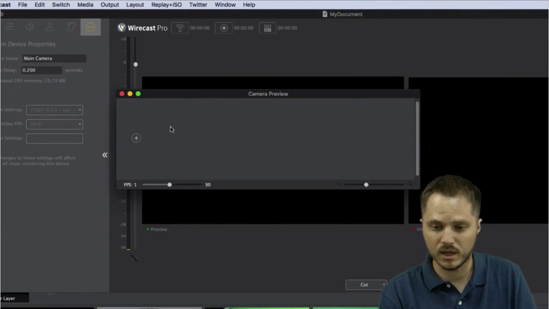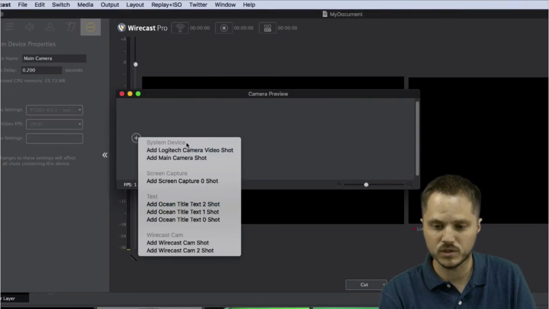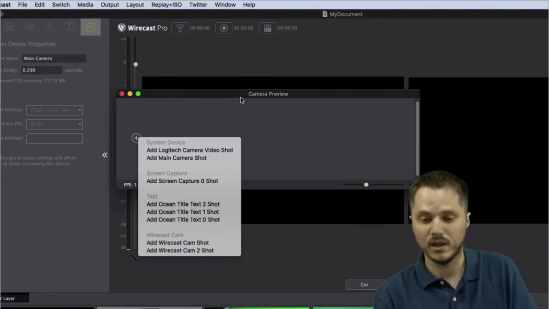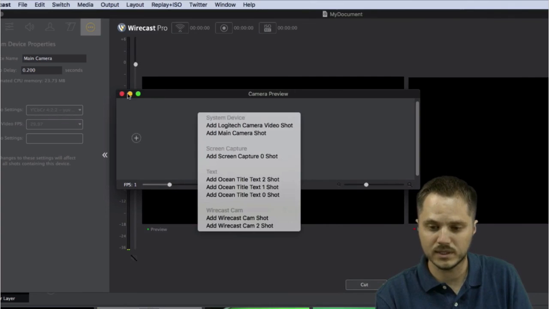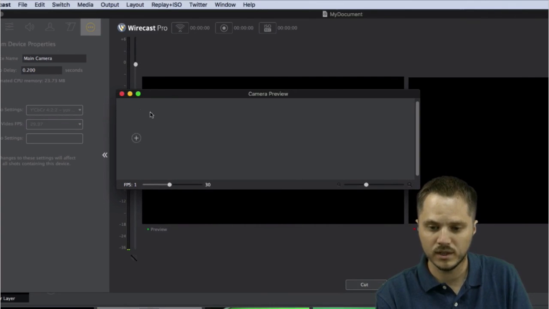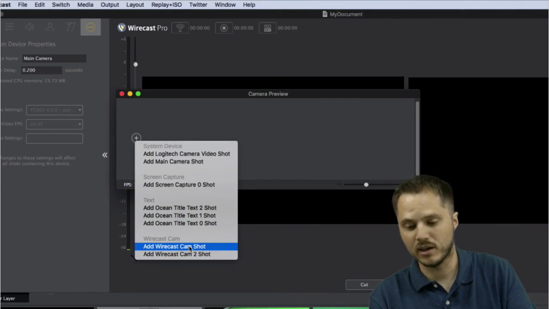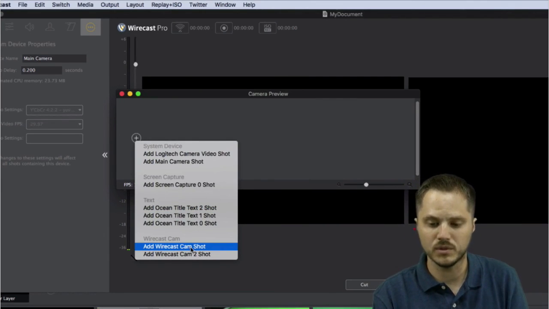This is just a nice way to see what cameras you have attached, so we can keep this on a separate monitor or a second window. You could put it on another display and keep an eye on things. That's a nice way. You don't necessarily have to turn on live icons to do this. So it's a way to have live icons off, but monitor the cameras you want to monitor.